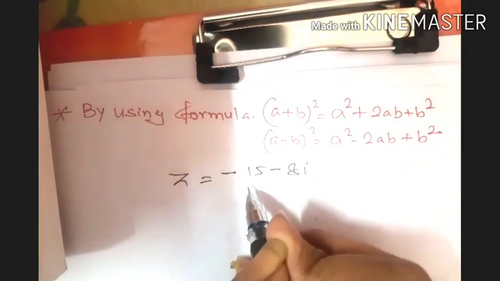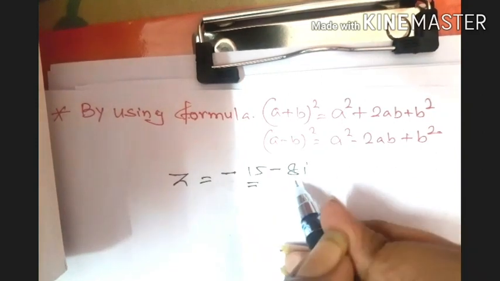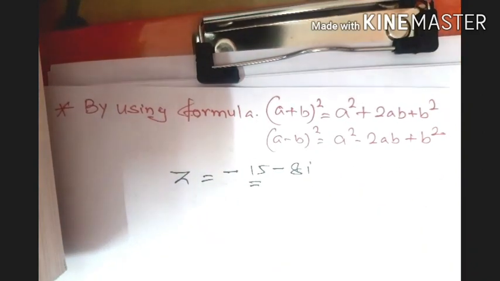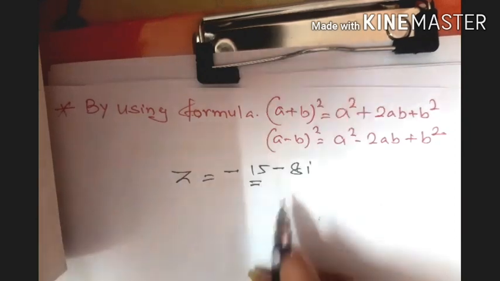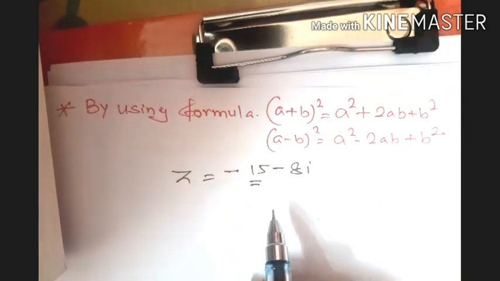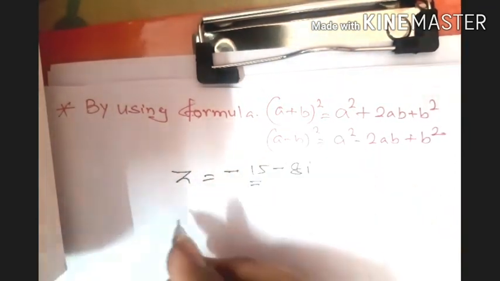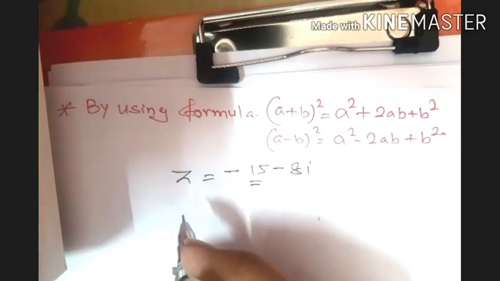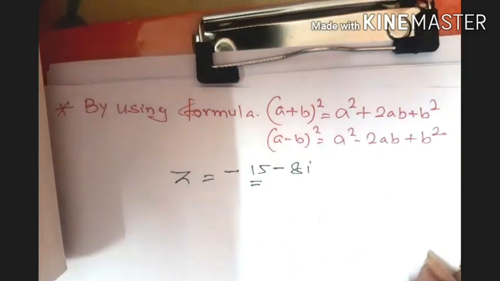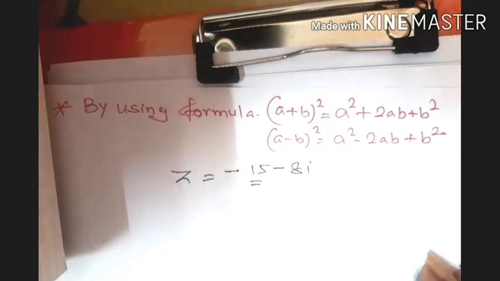So as you have to express it, one of them is a, another one is b, so we can think about what will be a and what will be b here. So how to do it? Just think, how can we express 15, I mean the real part, as a sum of two perfect square numbers? That is our first motto.